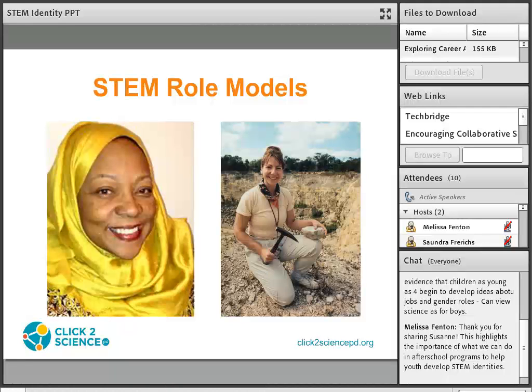So we're going to look at this strategy in a little bit more detail. We've gathered information about a couple of STEM role models, and we're going to share that with you. The first one on the left is Fatima Jackson, and she is a biologist who studies plants. She studies common African plants that are used as food and medicine, and her work takes her to many countries and has led her to study local foods such as cassava, which guards against outbreaks of malaria. She takes samples of these foods back to her lab at the University of Maryland and investigates the chemical makeup of the food to learn how they work and how they help keep people healthy.